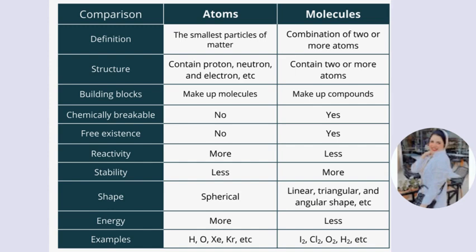Okay. Reactivity: atoms are more reactive than molecules. Stability: atoms are not stable, molecules are very stable. Shape of an atom is spherical. There are a lot of shapes of molecules: linear, triangular, angular. Okay,